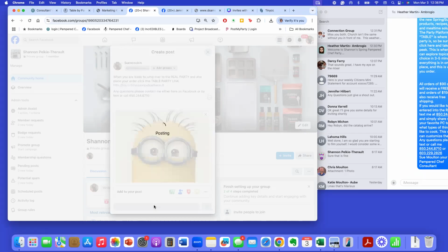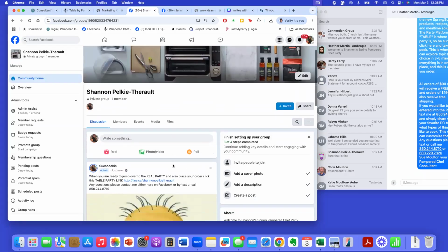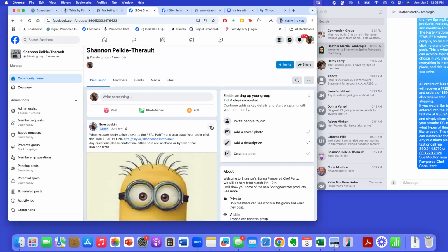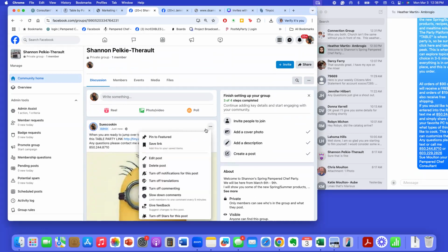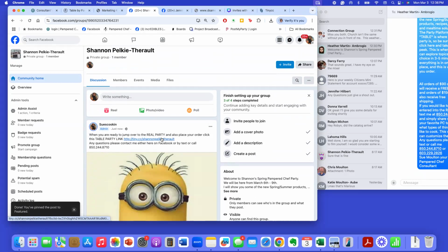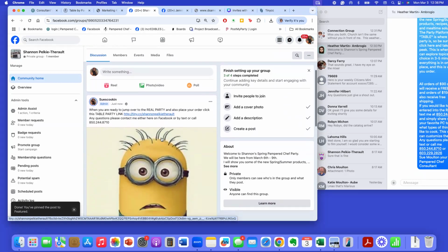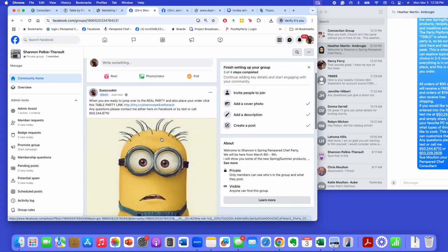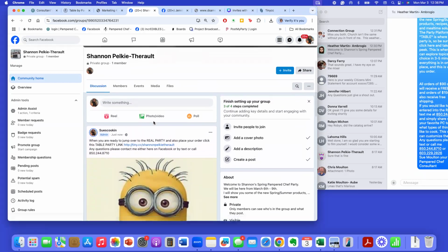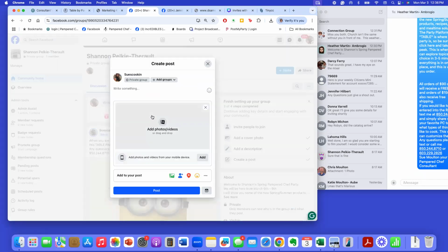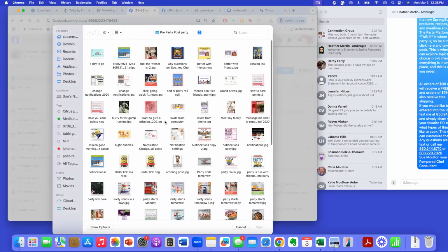Okay, so we make a post that has the order link in it for table, and then we click the 3 dots and we make this a featured pin, which means that it always stays at the top of the page, and so that anybody can find that link anywhere. The next 2 posts that I do is I do a video that shows what table is,